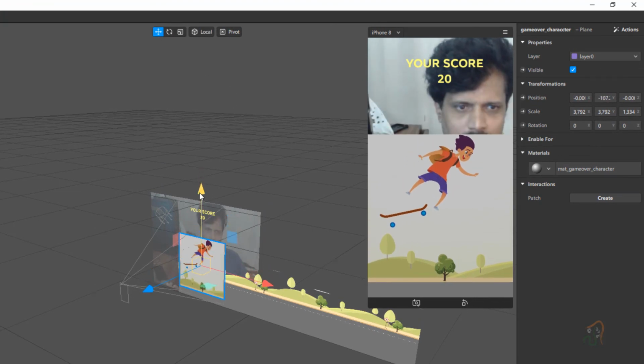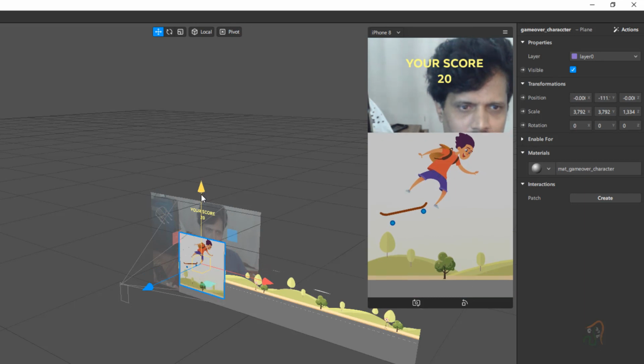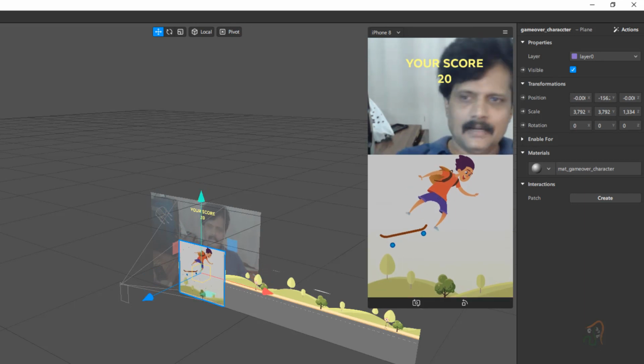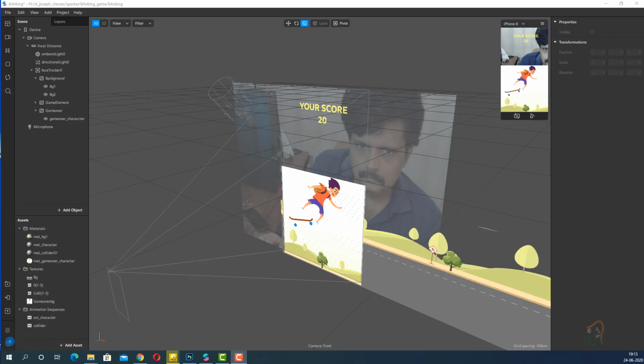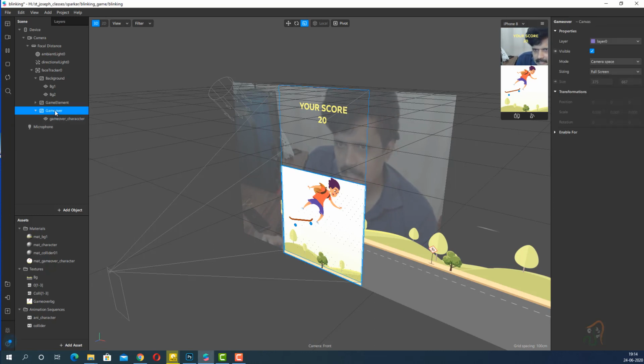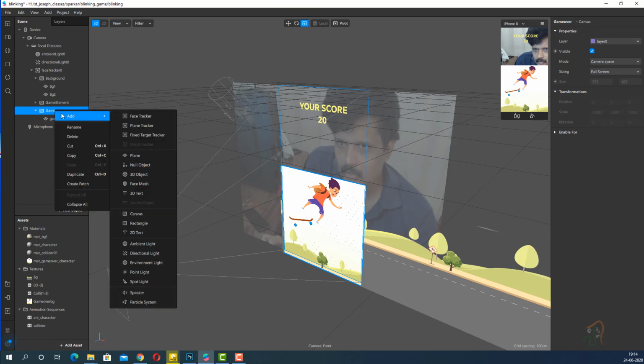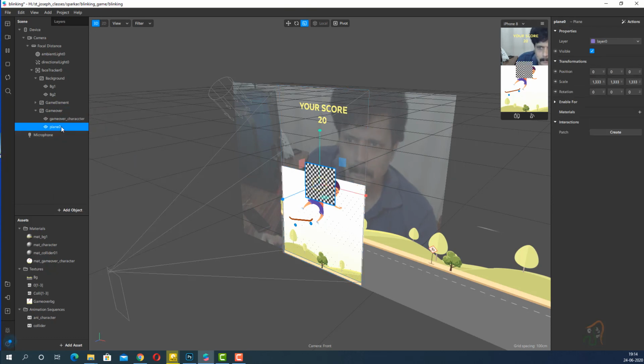So we shall move it here, and we want the background to be completely blank. So now after this we are going to fill this screen with a white background. I want my face to be removed when this game over screen appears. So for this let us select this generator, right click, choose add, and add one more plane.